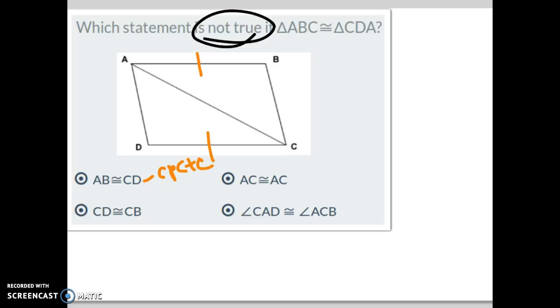And then it says AC is congruent to AC. Is that true? Yep, because of the reflexive property. Then we have angle CAD is congruent to angle ACB. Why is that? Alternating interior angles are congruent, or by CPCTC. Finally, the correct answer is